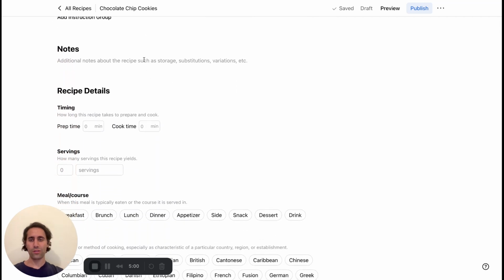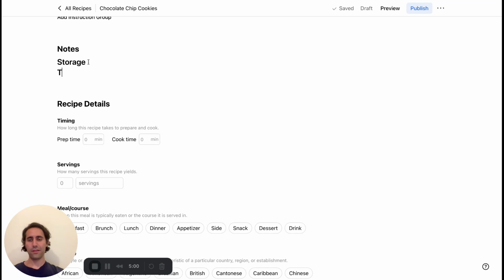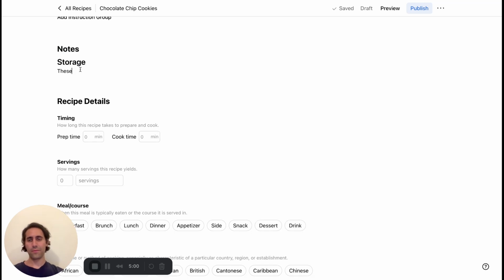And then notes, similar to the story, this is a rich text area, so I could do, like, storage, and then I could make that a heading, and then I could say these keep well for X days or can be frozen and will last up to